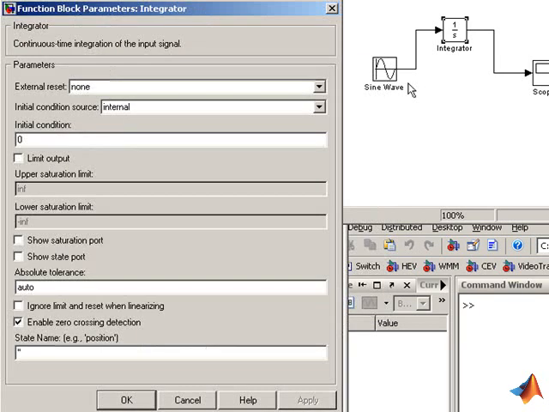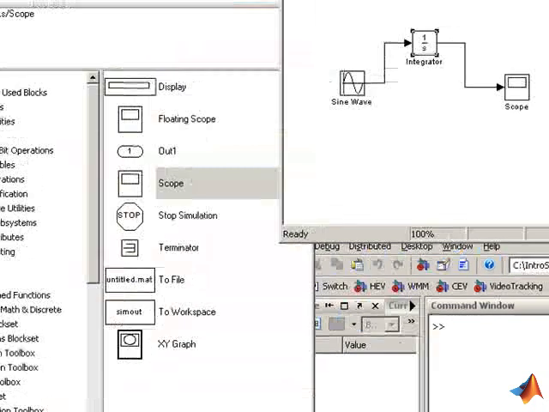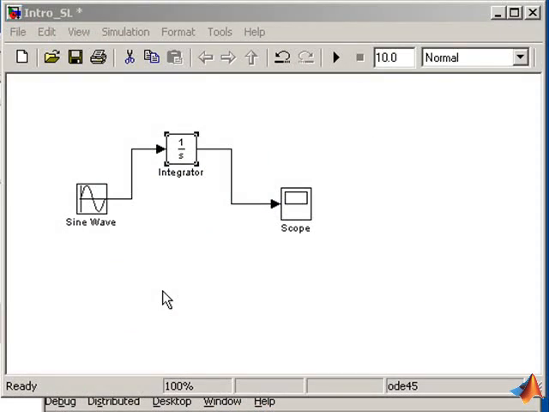So we know that I'm integrating the sine wave that has a value of 0 at time 0, and we know that the integral of sine 0 is minus cosine 0, which is minus 1. So instead of starting with an initial condition of 0, I'm going to set the initial condition of the integrator to minus 1 and say OK. Save the model,